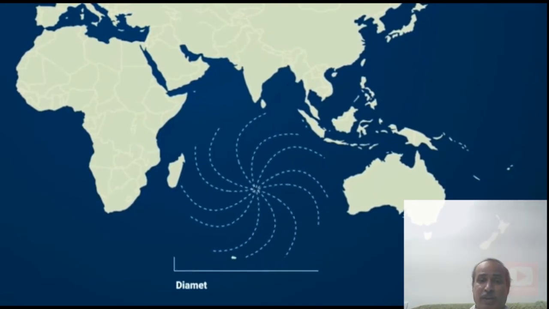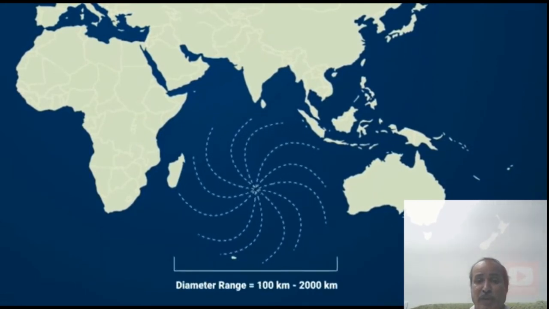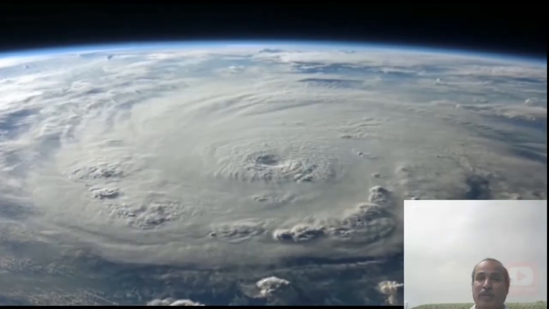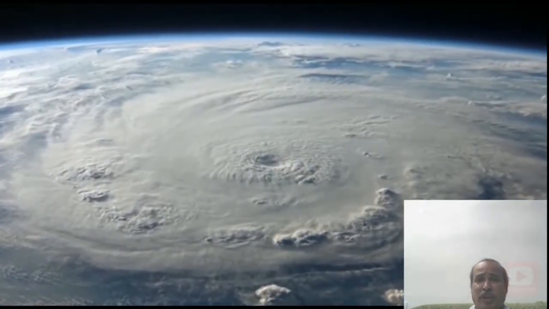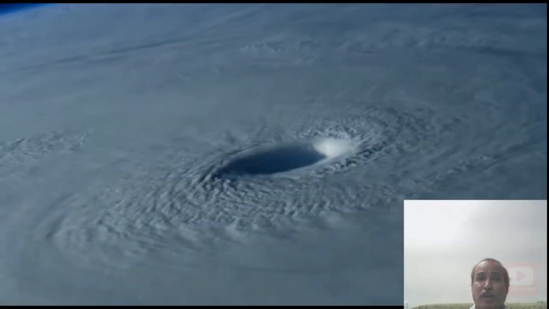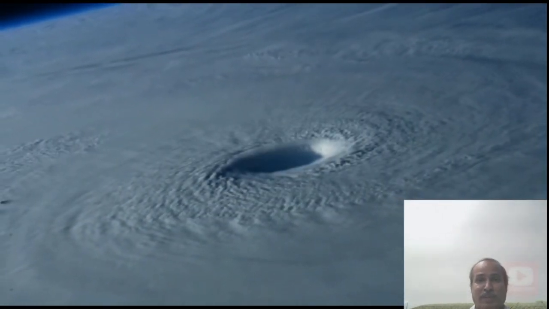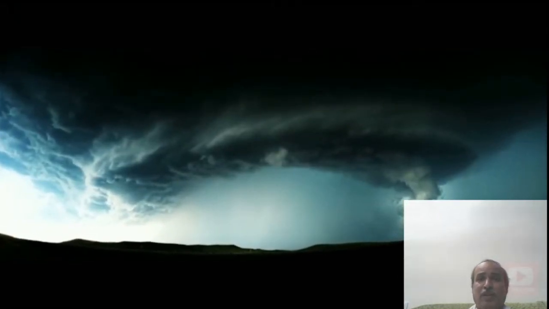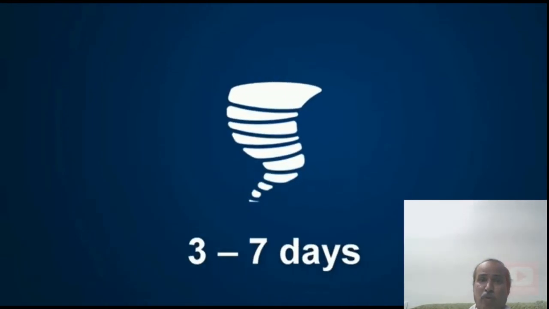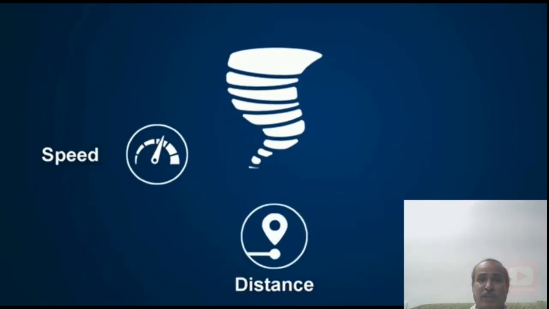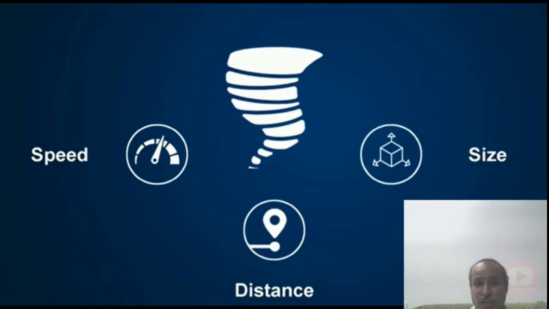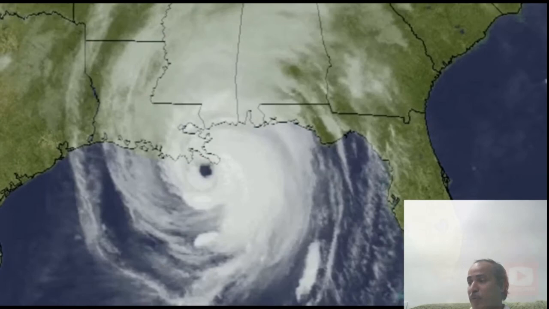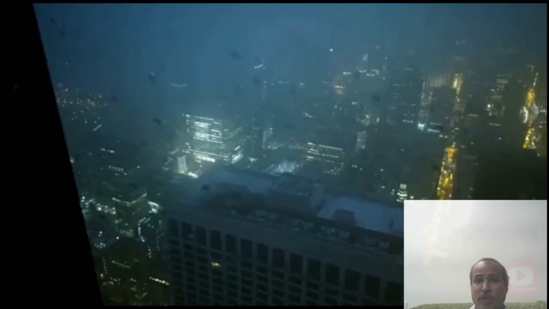The diameter of a tropical cyclone ranges from 100 km to 2000 km. A large amount of air rushes to this spot and becomes a huge and strong stormy cyclone. More air joins this cyclone to form a stormy or cloudy cyclone, which lasts 3 to 7 days with high speed. Depending on how far it is from the land and its size, the cyclone is fed up and dies out when it crosses to land.